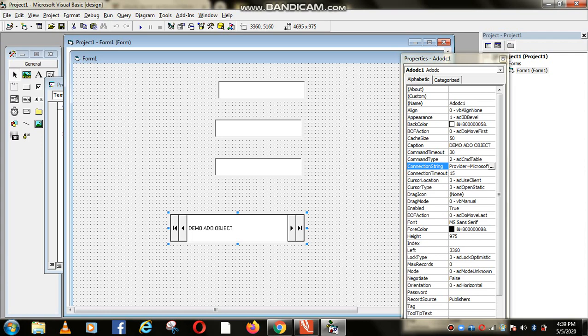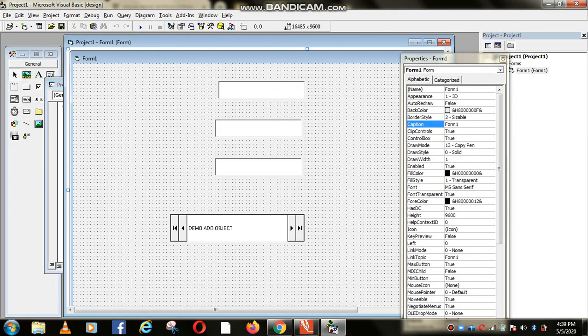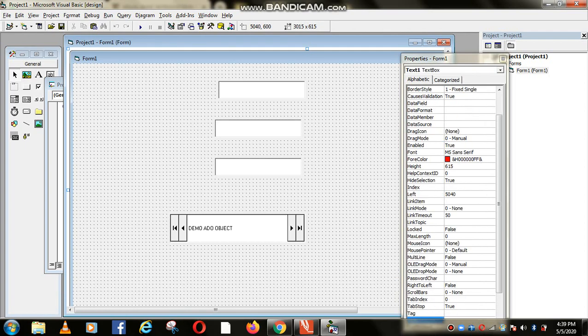Okay, now what we did, we selected the database as well as the record source. Now, if I execute as it is, nothing will happen, no information will display. So we have to bind these controls to the fields of the record table. How to do this?